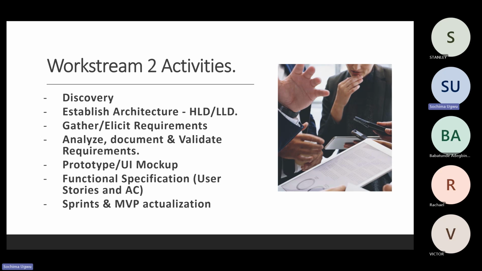Personally, I would like to have those prototypes even before I start documenting my user stories. So that in some cases I can write my user stories and then just take a screenshot of that particular mock-up and attach it to Jira. At the point when we are planning for the sprint, it becomes very easy for anyone reading it to understand. So at this point, you want to engage with your UI team to develop the mock-ups,